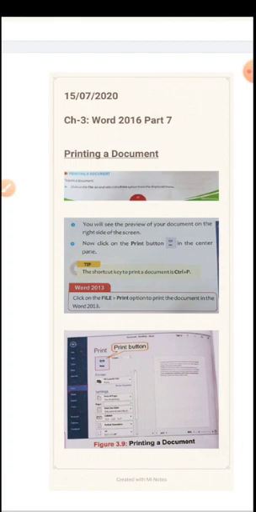Then how to print a document? Again you click on the File tab, select the Print option, and then the preview of the document is shown. The print screen is divided into 3 panes. If you want to print the whole document, then you say Print.